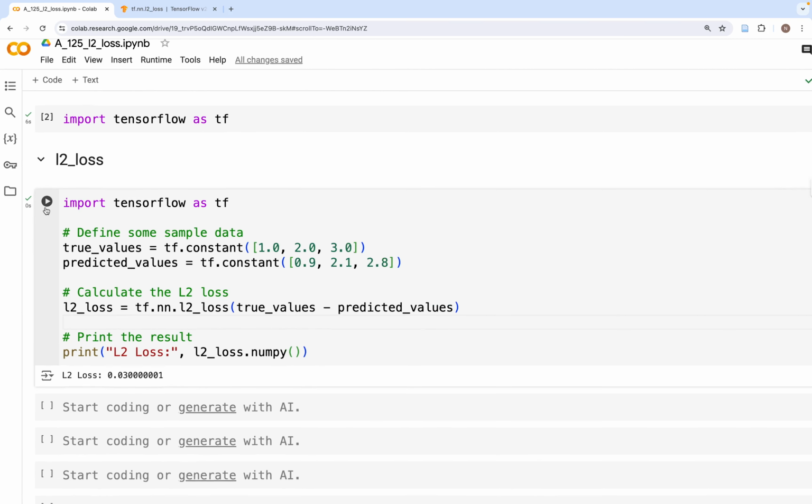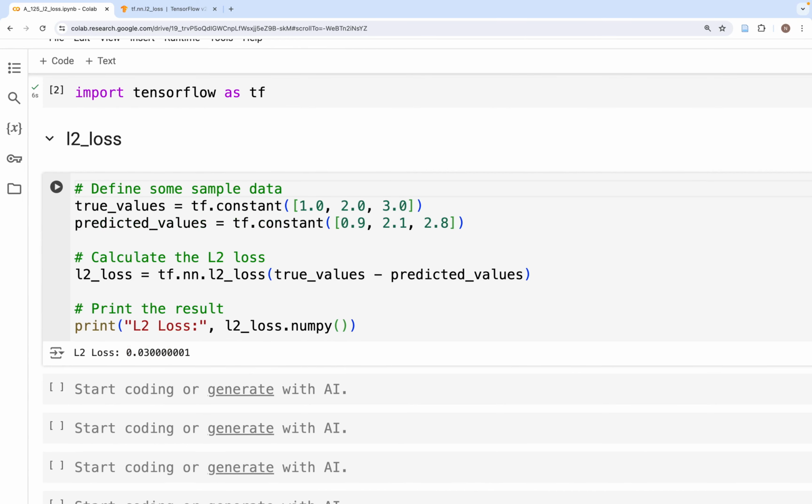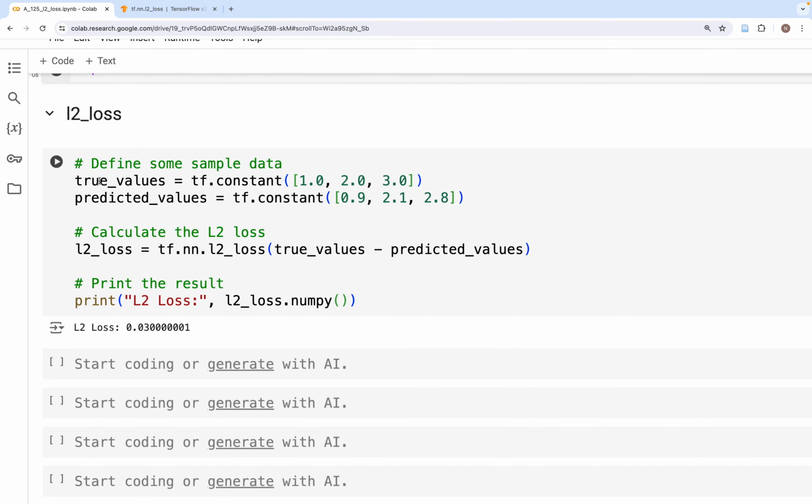And so here we have a simple example where I've imported TensorFlow, and then created two tensors, one for true values, another one for the predicted values. So we have 1 as the true value, let's say 0.9 is the predicted value, and so on for the other two. Then to calculate the L2 loss, what we can type is